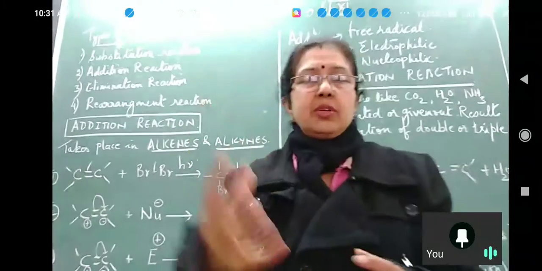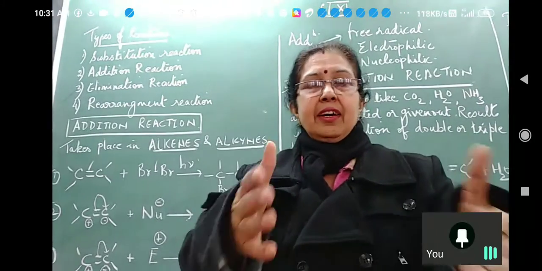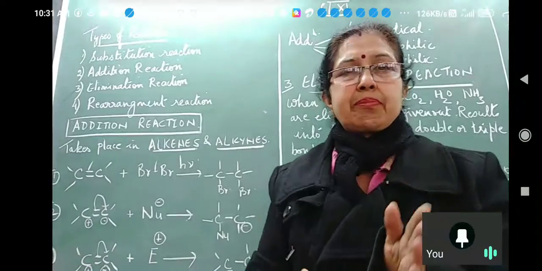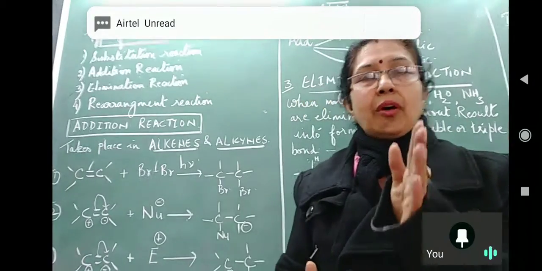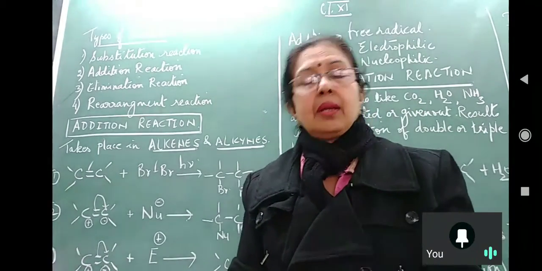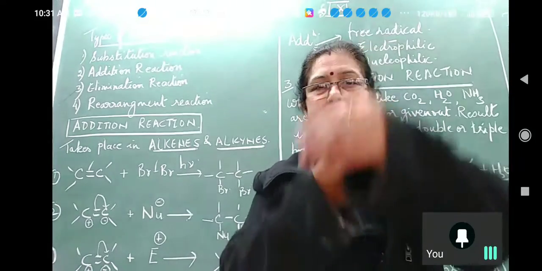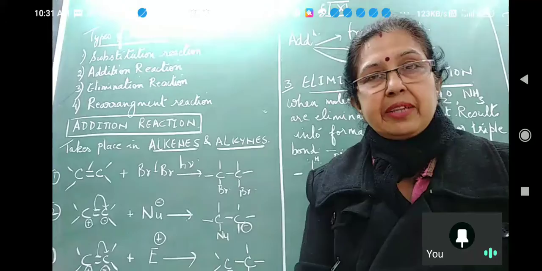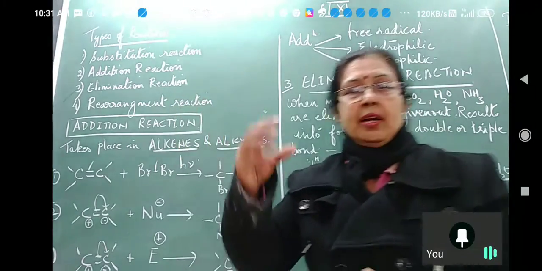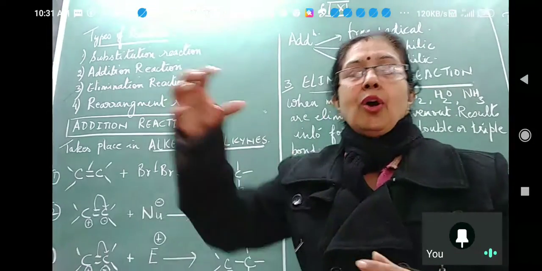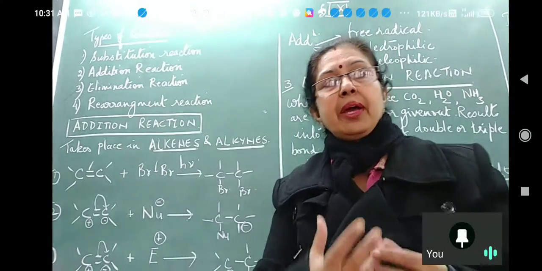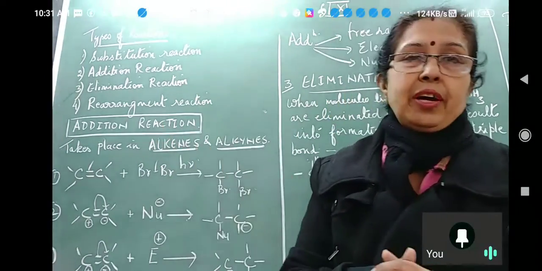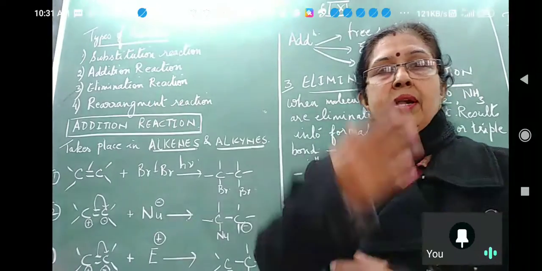When do you substitute things? Like here in your school, if a teacher is absent, there is another teacher who comes on substitution. She takes the place of that teacher for that particular period, right? So substitution is like this: something will be going out and another molecule will be taking its place. Substitution can be by free radical, or it can be carbocation or carbanion or nucleophile, or it can be electrophile also.